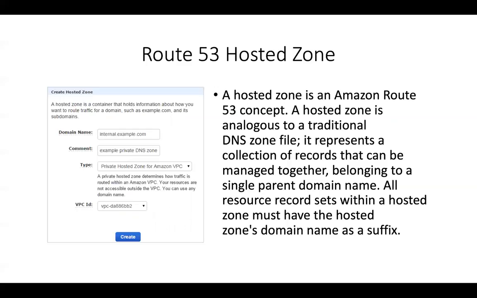So that means, let's say, for example, you have an internal load balancer, instead of an internet facing load balancer, and you would like to register this internal load balancer on Route 53 under a private hosted zone. All of the resources which are within your private hosted zone, which are within your VPC, will be able to resolve these internal DNS names, right? But if your hosted zone is public in nature, then anyone sitting on the internet can resolve your endpoints to the respective translated record that you have specified, which could be an IP address or another domain name and so on.